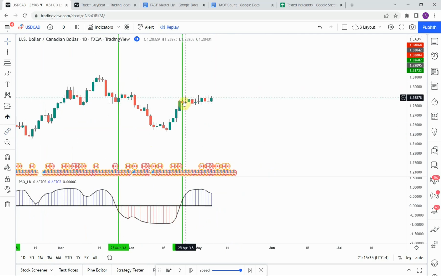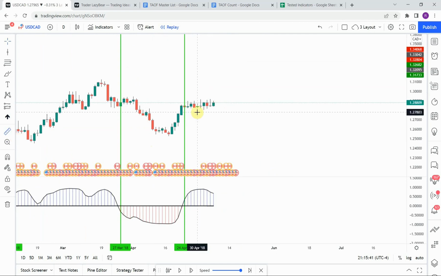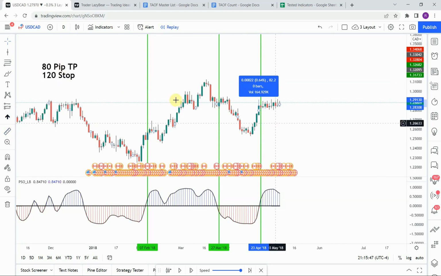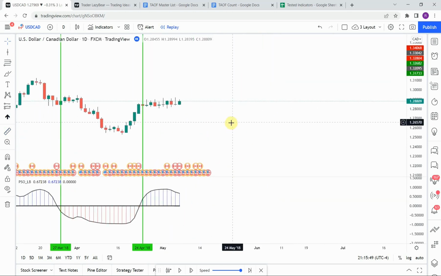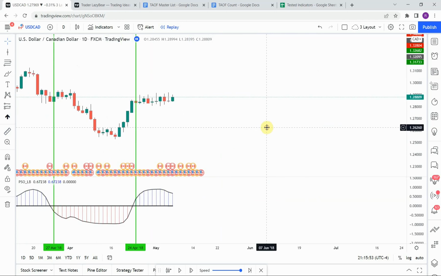We then pick up this long right here. You can see that we get pretty much sideways consolidation right there, but we do get a couple of these candles that form some really nice long wicks to the upside, which comes up just far enough to hit our 80 pip take profit. So what I'm going to do here is go ahead and fast forward through